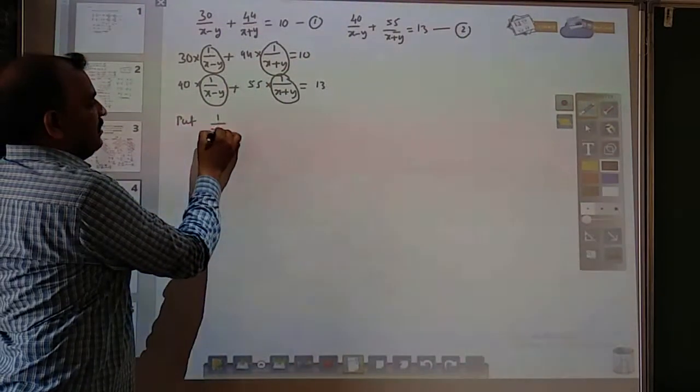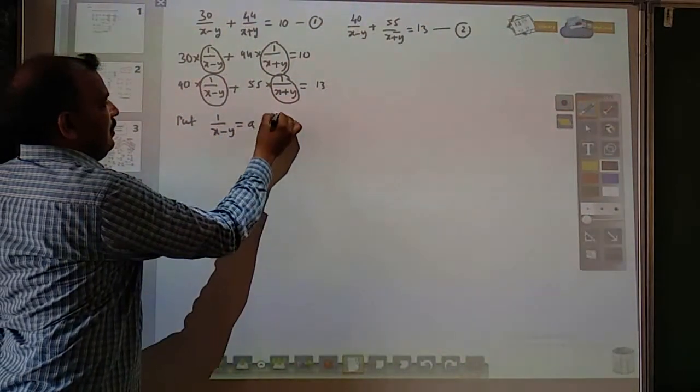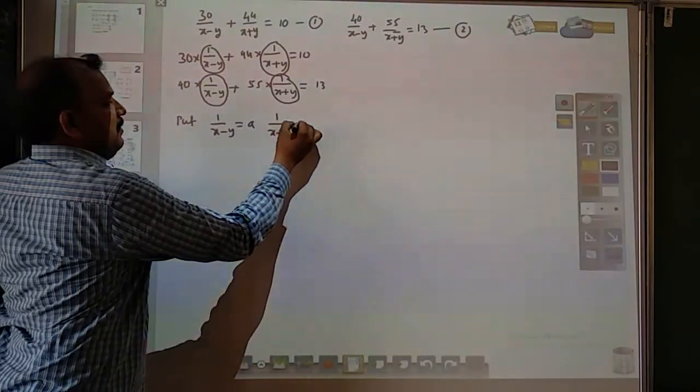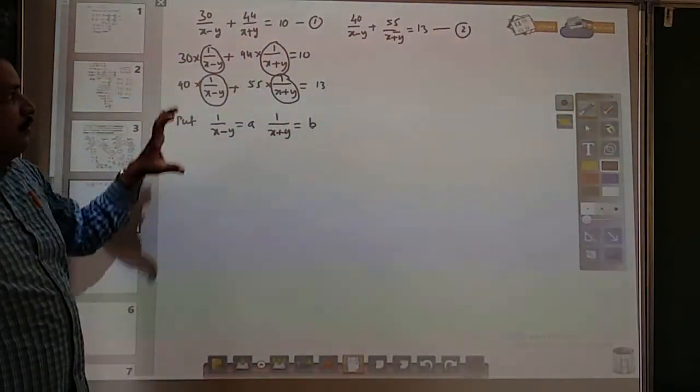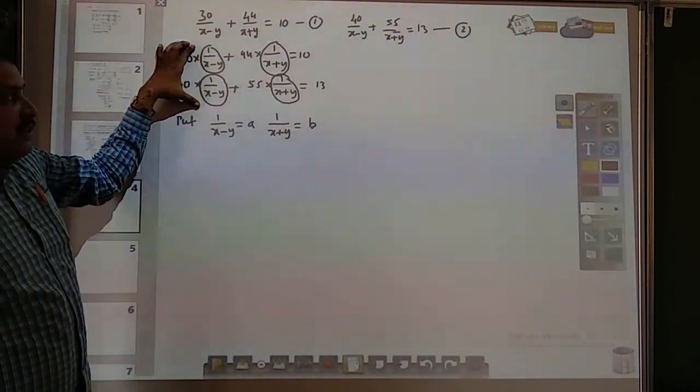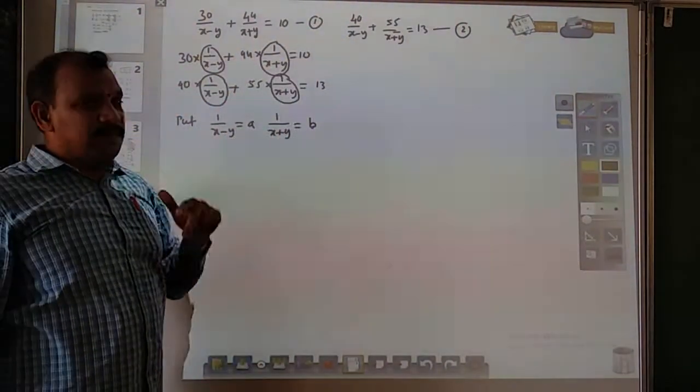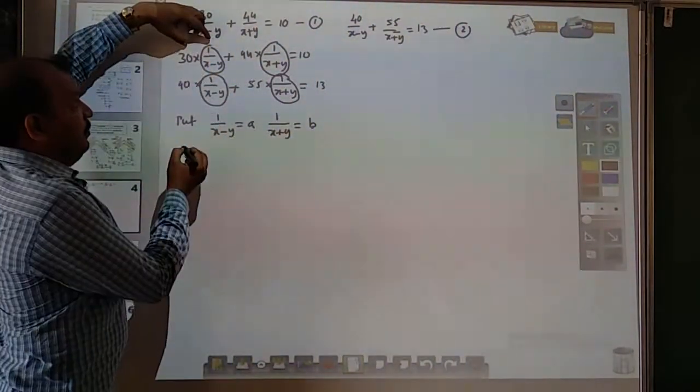Put 1 by x minus y is equal to A. 1 by x plus y is equal to B. Then these two equations change into another two variables, A and B. So new equations will be formed. Those are